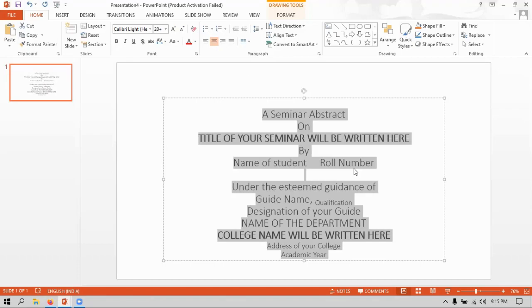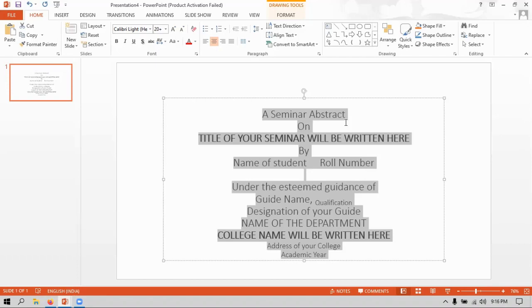Now I need to adjust the font size so that the title will be highlighted and the college name that you are pursuing your course or program has to be highlighted with the second priority, where the first priority is given to the title of the slide, which should be visible and which should have the highest priority, that is to be identified very quickly for the viewers.